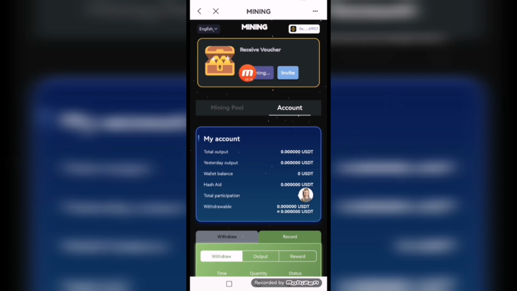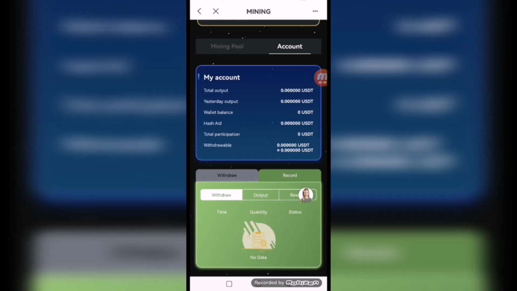So this is our platform here. You can see here the best online mining platform. You just invest your money and then